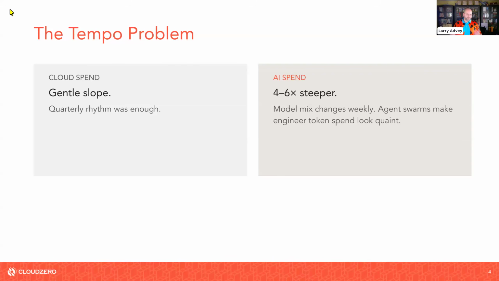And like I said earlier, everyone's using it. The model mixes are changing weekly. Models come out, they get taken away, they come back. There are lots of conversations happening around how to optimize and how to look at costs. And lastly, agent swarms: if you ever swarm something, you can end up spending a lot of money, and you may have to redo it because you weren't feeding the right prompt or the right context to make the agent successful. It can make a single engineer's spend look very small and quaint.